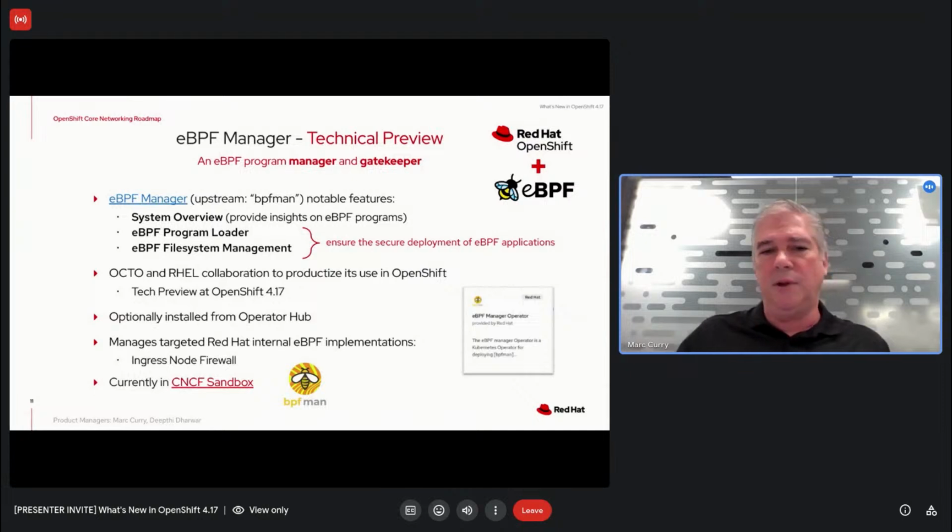eBPF Manager, also known as bpfman in the upstream community and its CNCF sandbox, is technical preview at 4.17 and will enable internal teams, partners, and customers to manage eBPF program execution and visibility on the platform. So what's the need exactly? Well, eBPF programs allow developers to create a user space program that has kernel space privileges to observe and affect